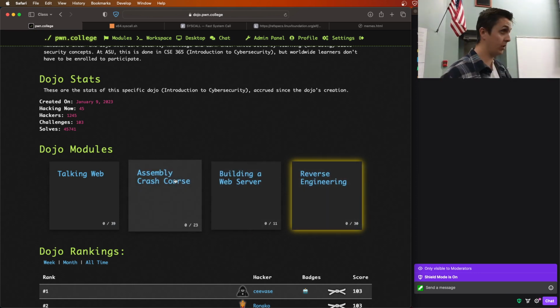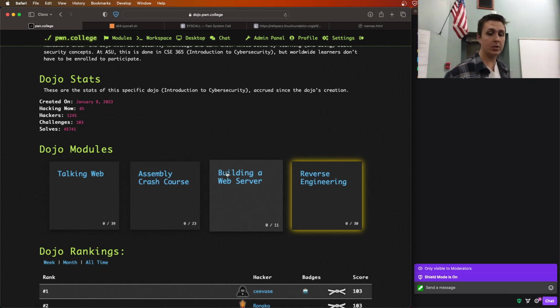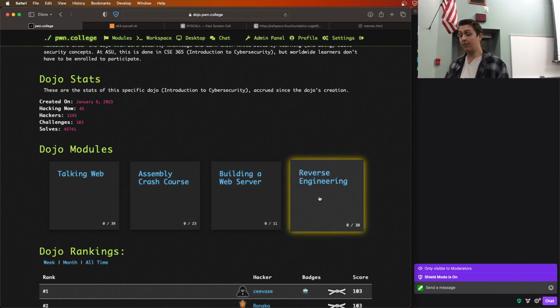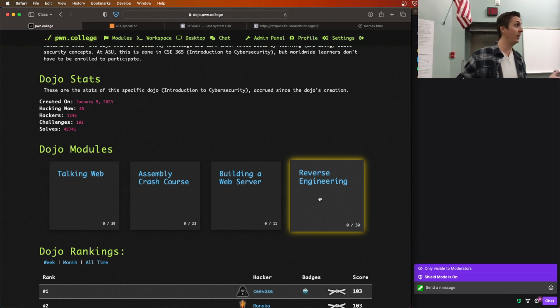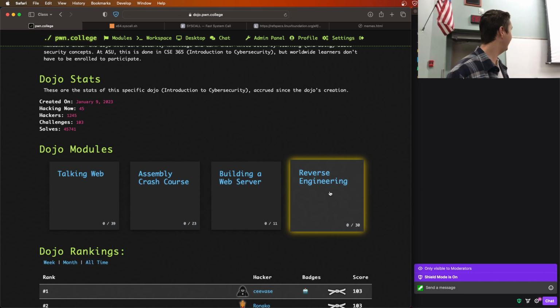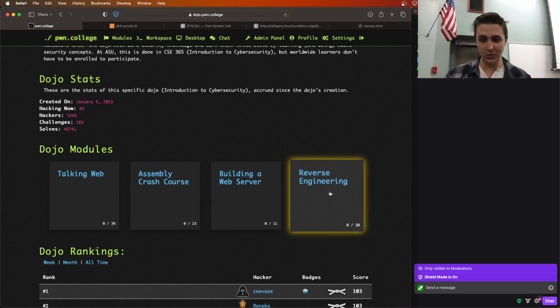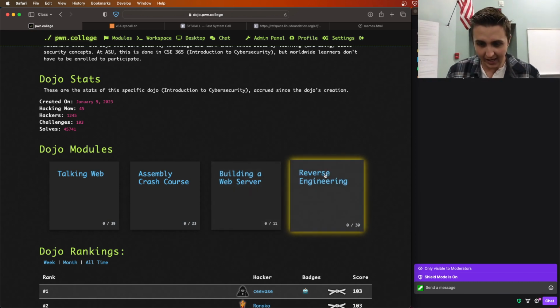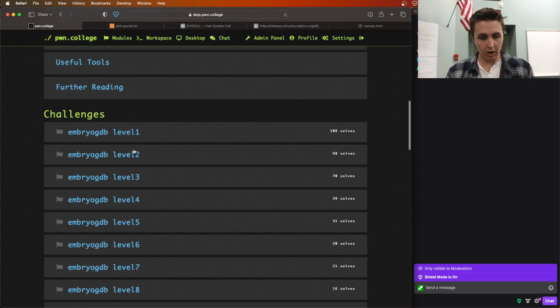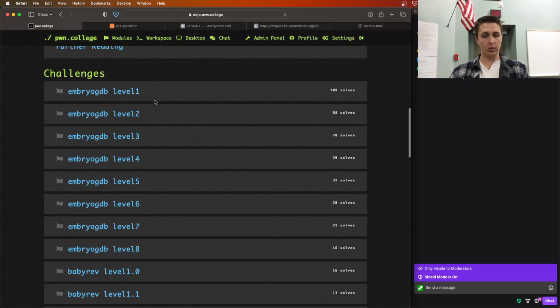So assembly crash course, of course, is just the basics of assembly. Let's write some basic snippets of assembly. Building a web server, let's write a real program. And now reverse engineering is, instead of writing assembly, you're lucky. You don't have to write any assembly in this module. You're going to read assembly instead. You gotta learn how to write a language and how to read a language. Well, this is the reading part in reverse engineering, as well as we launched also in this module with the